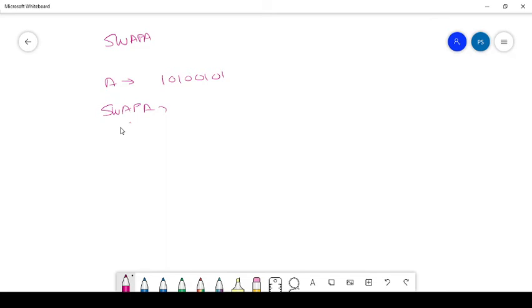Before that, what is the data? 1010 means 8 plus 2 is 10, that is AH, and now it becomes 3H. That means it swaps both the nibbles of the accumulator. So that is nothing but register specific addressing mode.